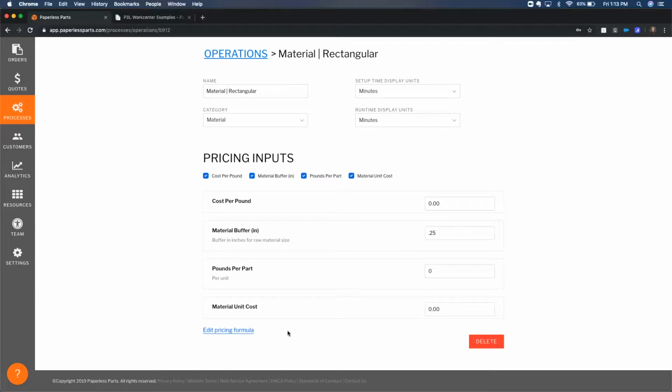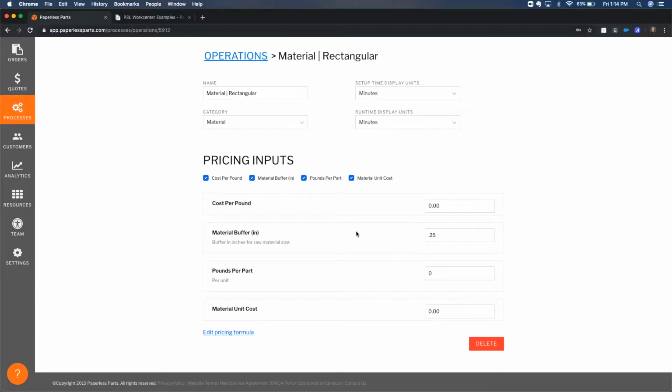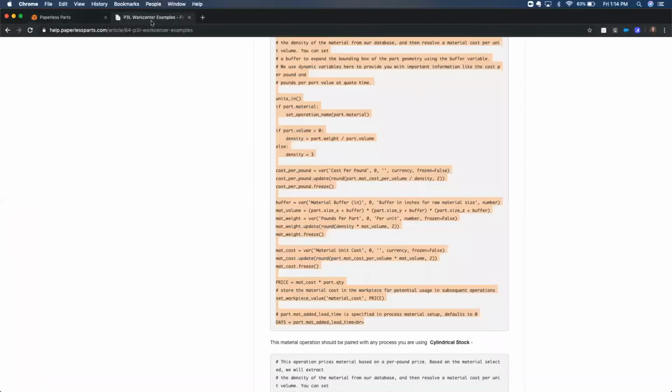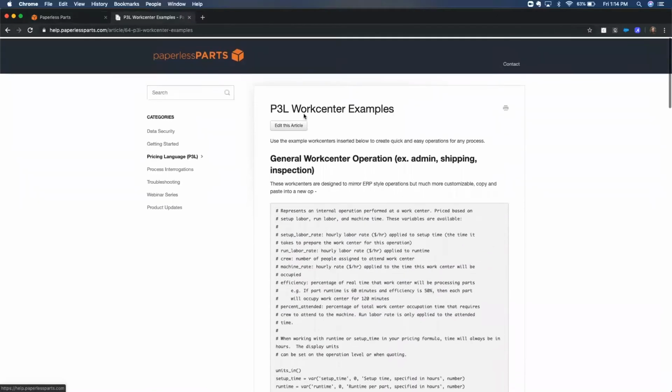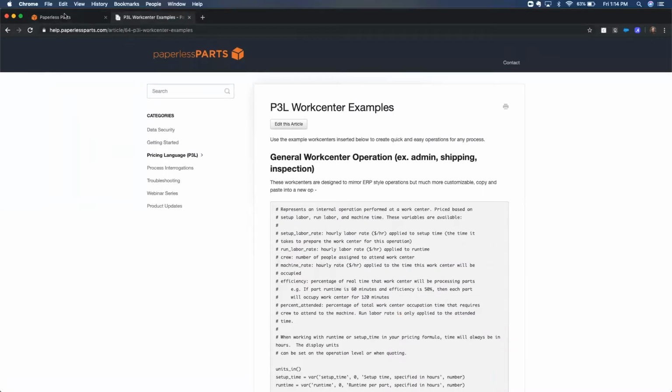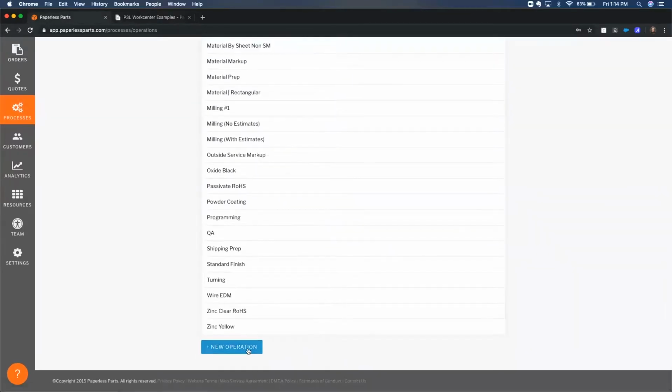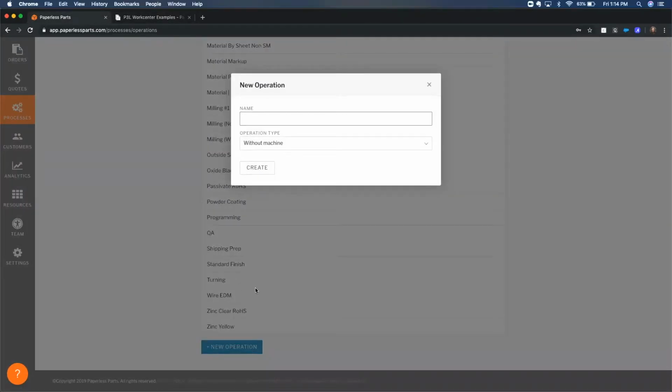And then we're also going to be able to automatically calculate the material unit cost for that specific part. So we've made a material rectangular op. We've copied that in right from the P3L Work Center examples doc in the resources page. And the next operation that we're going to start thinking about would be either an admin op, so either an